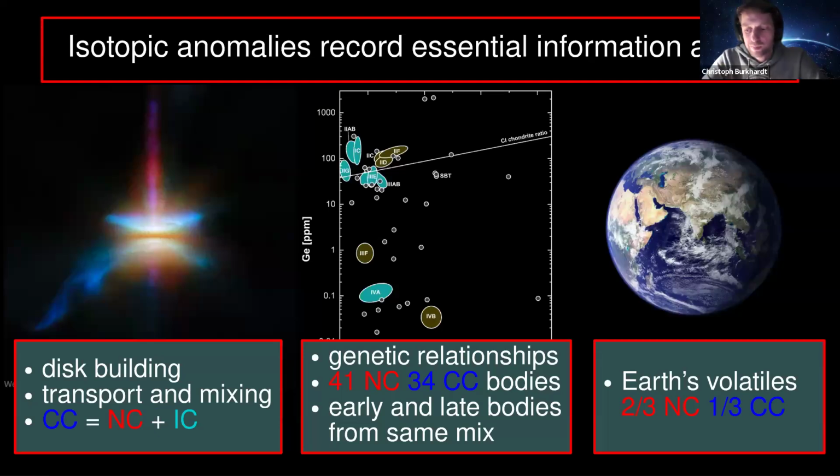Yeah, I think we published paper 23 that deals explicitly with Mars. I left it out here. The point is for Mars, it's more volatile rich than Earth. There's more zinc, and it's further out than Earth, so closer to the asteroid belt, or you would think to the CC reservoir. But actually, zinc in Mars is basically exclusively NC. So Mars does not seem to have acquired a lot of CC materials.